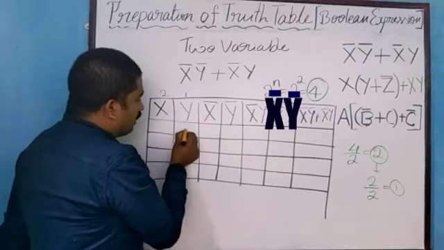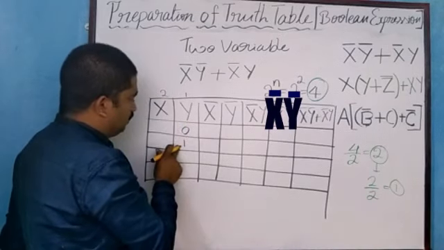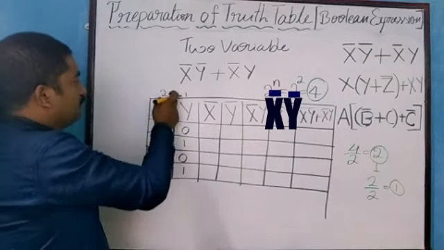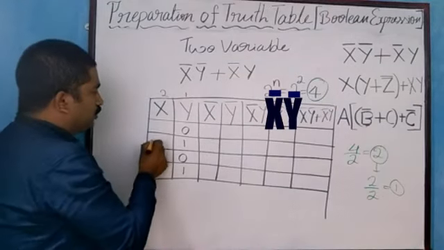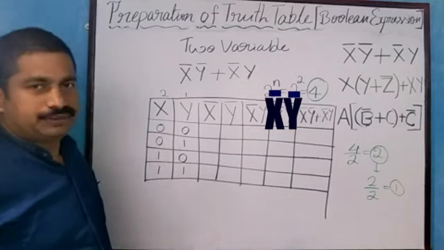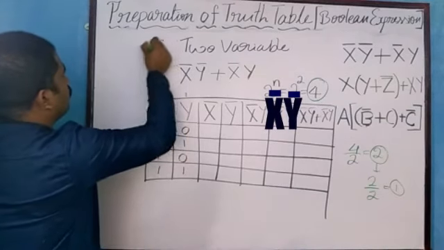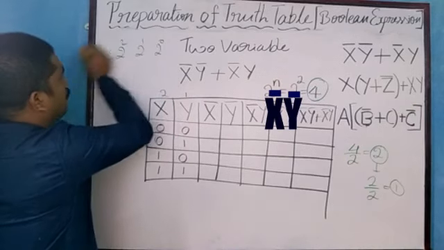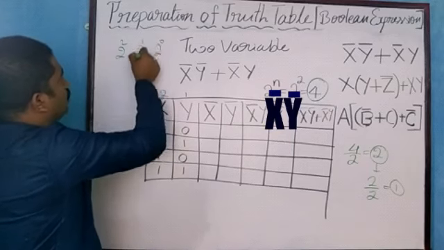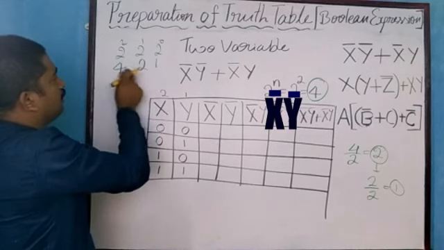So 1 means just write 1 0 1 0 alternatively. Once again 1 0 1 0. So next is 2. 2 means write 2 zeros, 2 ones. Very simple thing, because we know the binary orders, that is 2 to the power of 0, 2 to the power of 1, 2 to the power of 2, like this. Anything to the power of 0 is 1. Anything to the power 1, that is that thing only, that is 2. 2 to the power of 2 is 4. Like this it goes on.